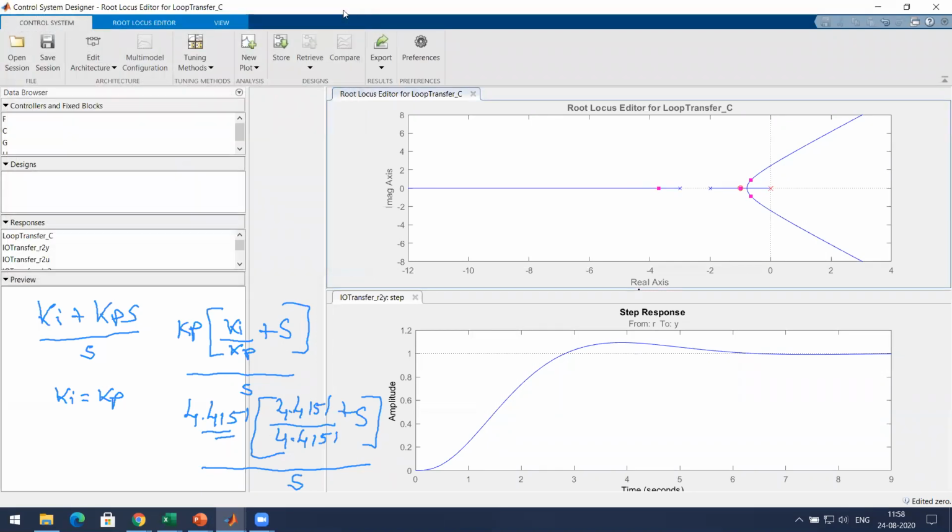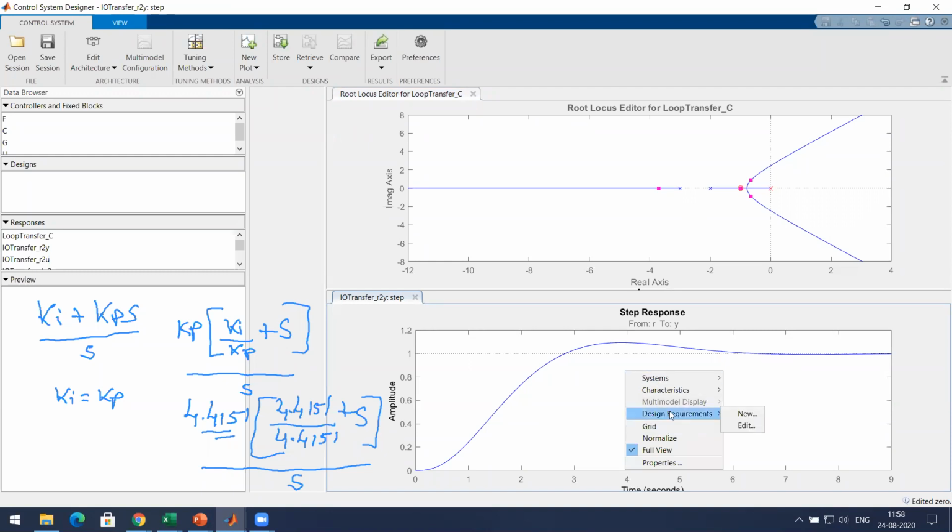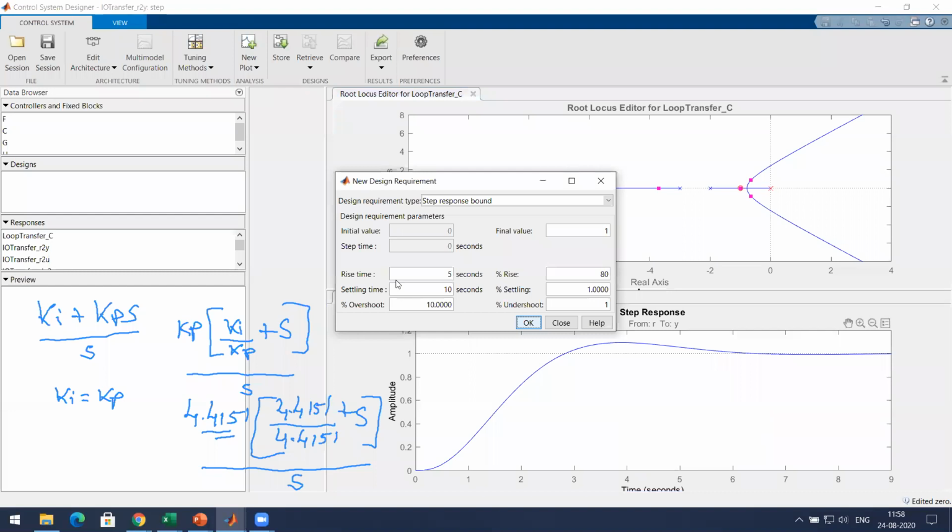Now, how do I know if I'm happy with this or not? You can give the design requirements for this. I come to the step response, right click and say design requirements, new. Here I can specify what should be the rise time. I want 4 seconds as rise time. Settling time can be 10 seconds.